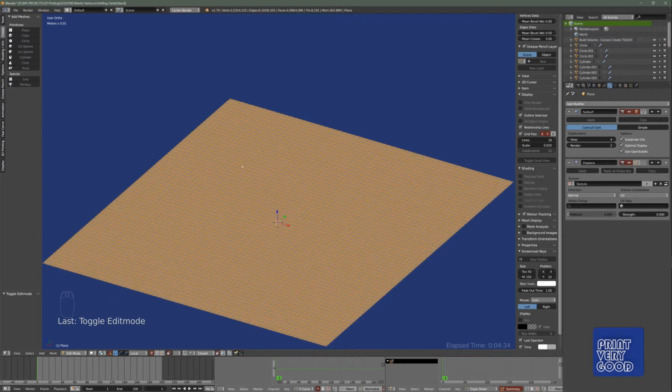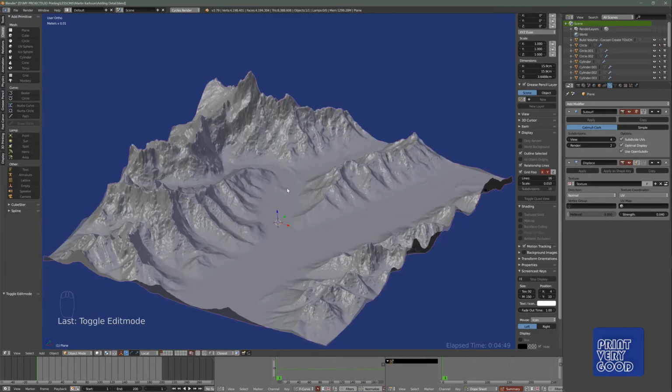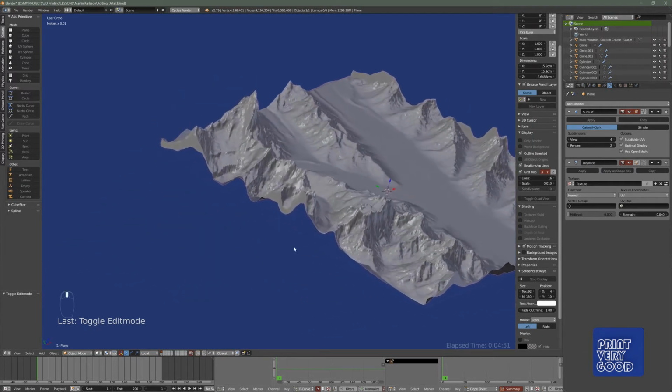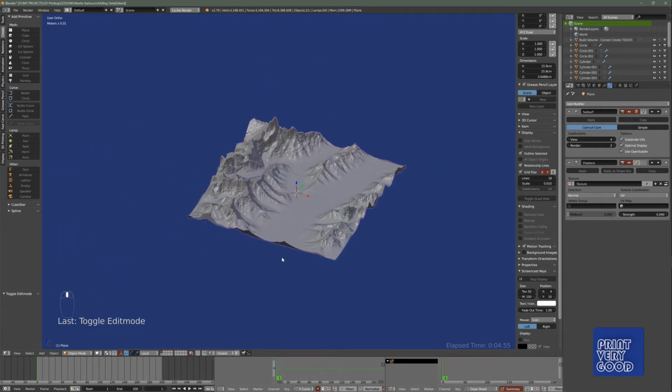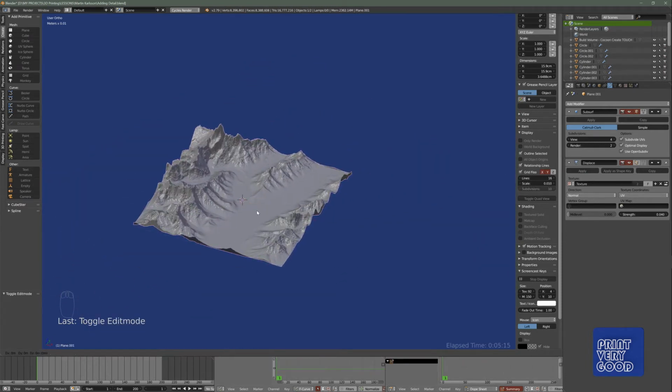So I just want to add a little bit more detail here. So W subdivide, and it's getting to a point where I'm getting pretty happy with what I'm seeing there. So it's a nice resolution, but keep in mind though that the more subdivisions your mesh has, the slower your